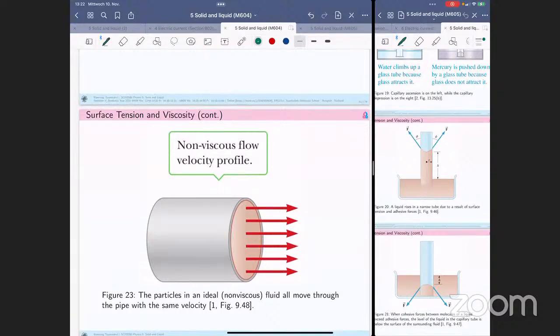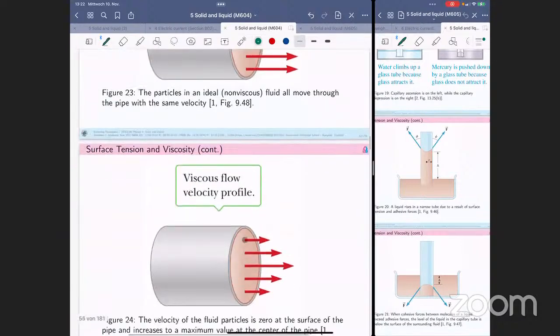But anyway, the theory says something about the ideal first, and we are going to get into the detail of something more complicated. The particles in an ideal fluid move through the pipe with the same velocity. You can see here the velocity profile. The velocity is the same at different points across this surface or this area. In reality,